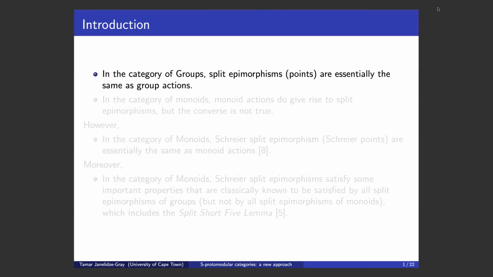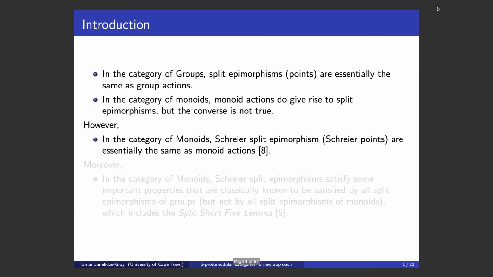In particular, we know that in the category of groups, split epimorphisms are essentially the same as group actions. Now, if we move on to the category of monoids, we cannot say the same thing, because although monoid actions do give rise to split epimorphisms, the converse is not always true. However, as was proved by Montoli, Martins-Ferreira, and Sobral, if we take the category of monoids, there is